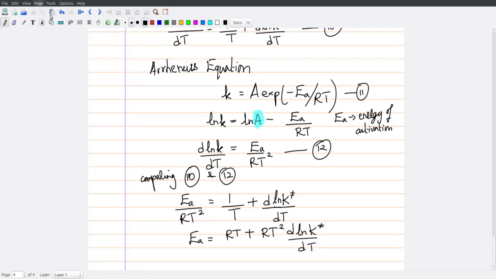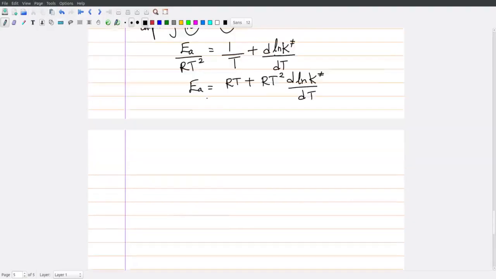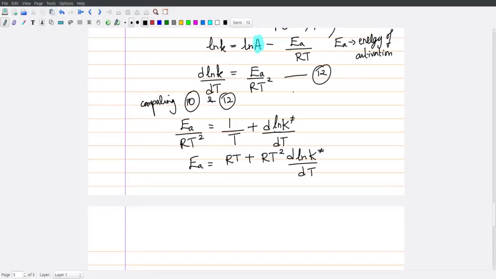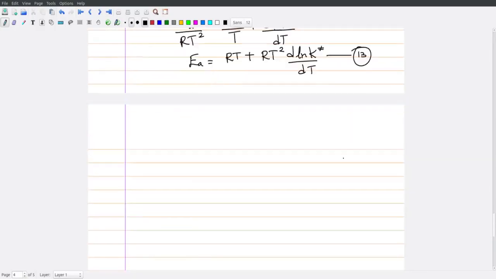Let me go to the next page. Okay, so let me put this as equation 13. So now you have where your